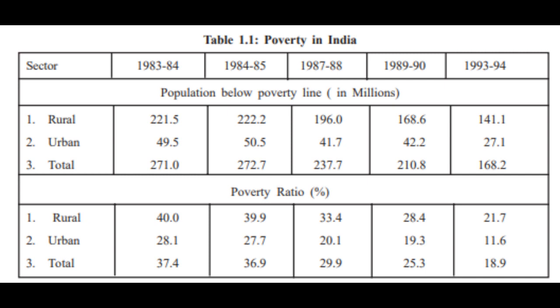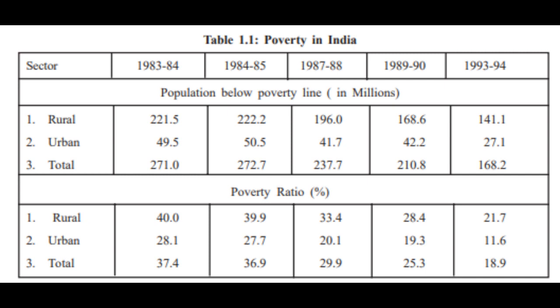Accordingly, they constituted an expert group to provide a more realistic estimate of poverty in the country. The poverty estimates by the expert group are provided in Table 1.2. It is clear that the poverty estimates by the expert group are higher than those estimated by the Planning Commission. According to the estimates of the expert group, which are accepted by the government, the overall poverty has declined from